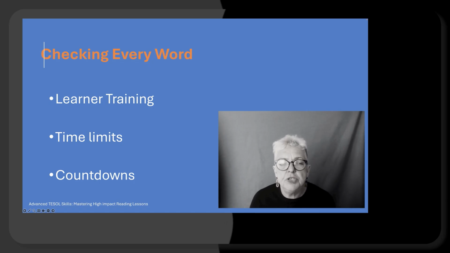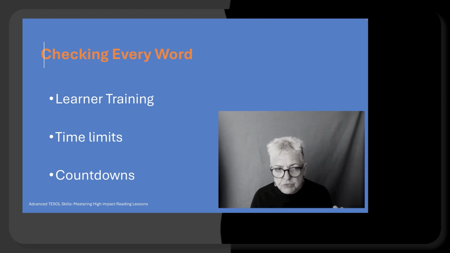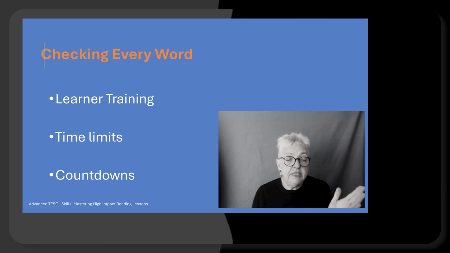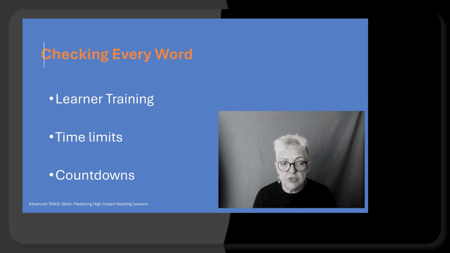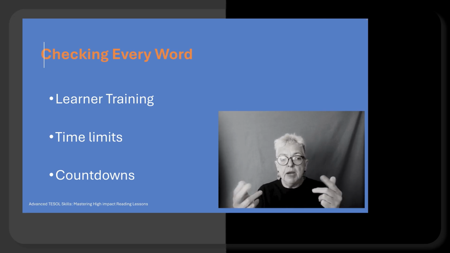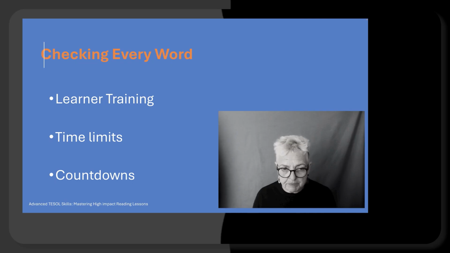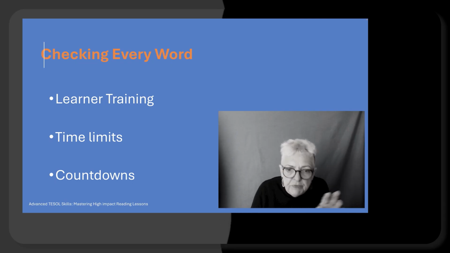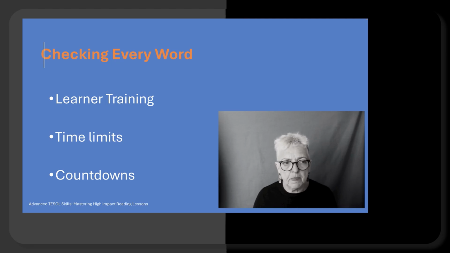So for the students who need to check every word, explain why it's not a good idea. Tell them that the tasks are designed to get firstly global meaning, then more detail. And then remember, you want them to read more than once. You don't want students reading once. You ideally get them to read the same text 3 or 4 times by changing the type of task and giving different types of tasks that require different reading skills. Okay.